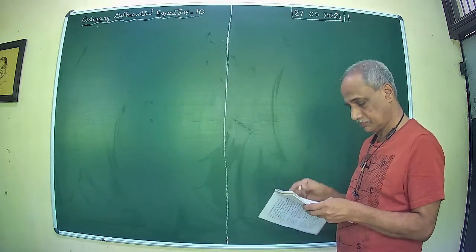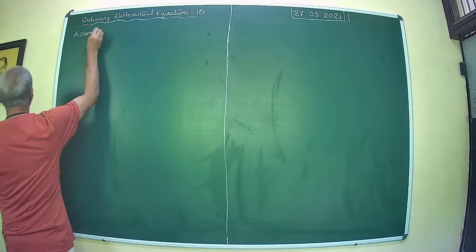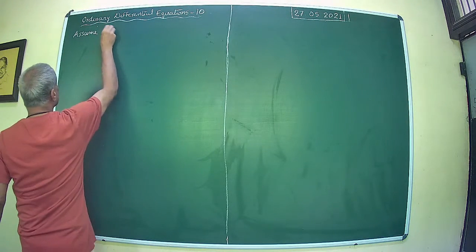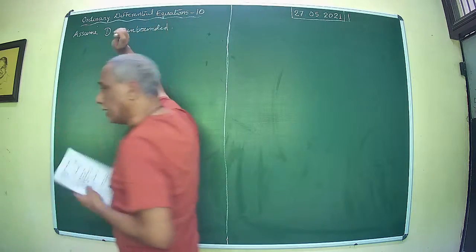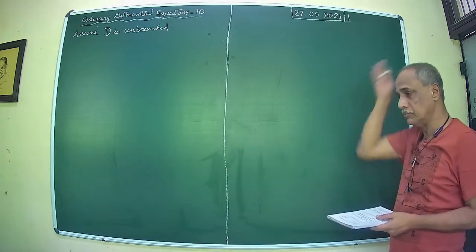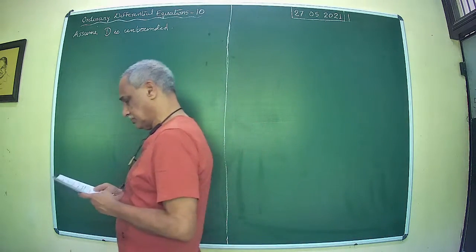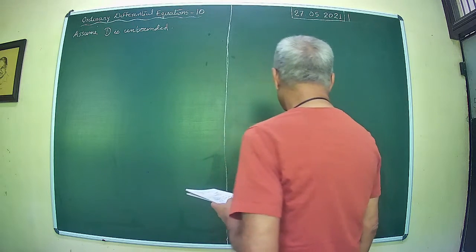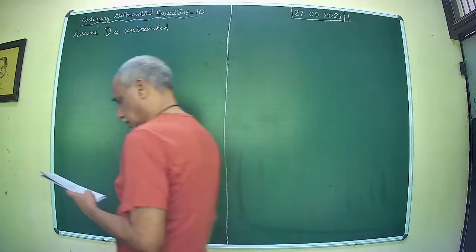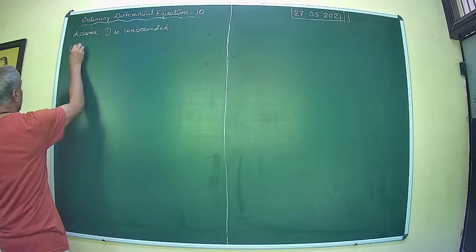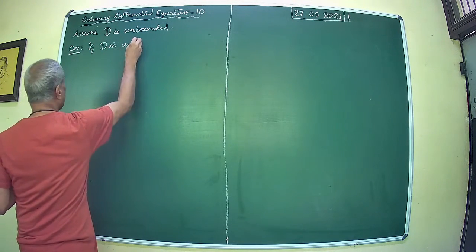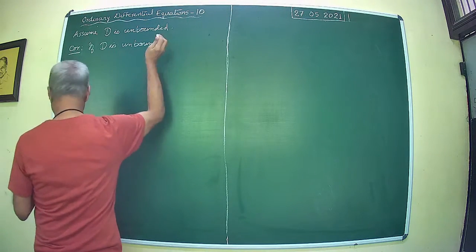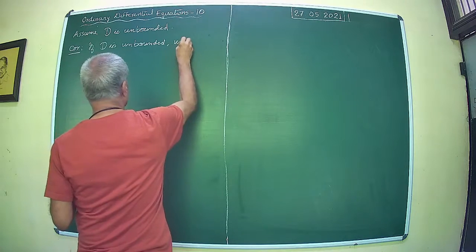So let me just... D becoming the whole of R2 or a part of it or some infinite strip of it or any such thing. Now then you have the following corollary. If D is unbounded, under the conditions of the theorem,